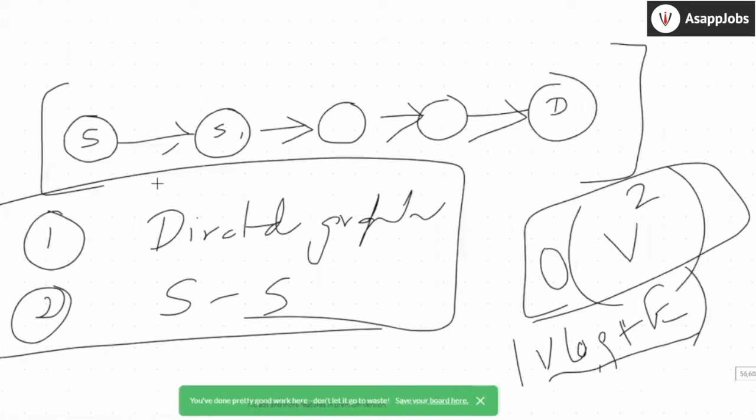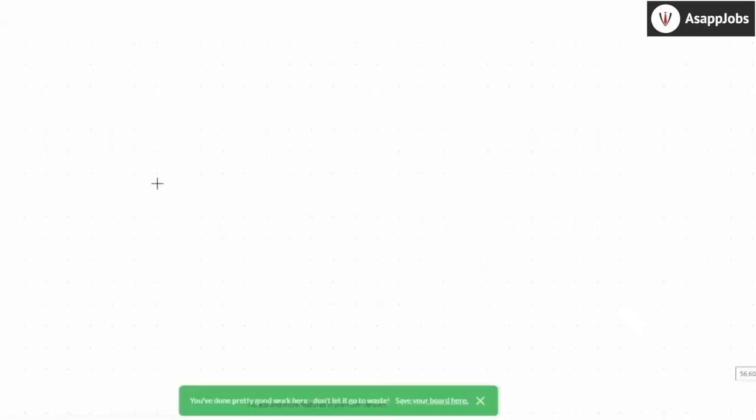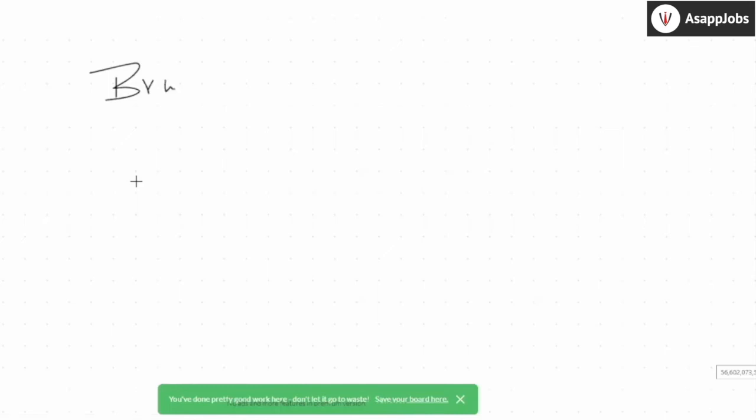We'll go on to this problem. If there is a directed graph with a single source, single destination kind of structure, how do you find the shortest path? Do you really need to spend so much time, which is order of V square, or can you do it better? In all the interview questions, the first thing they will expect is brute force. If you don't know the solution, simply come with brute force. You don't need to worry about optimization. Then, using the idea from the brute force, you come up with the optimization.